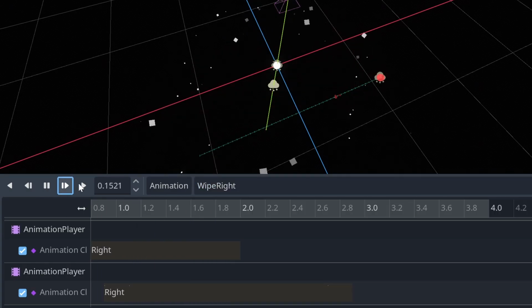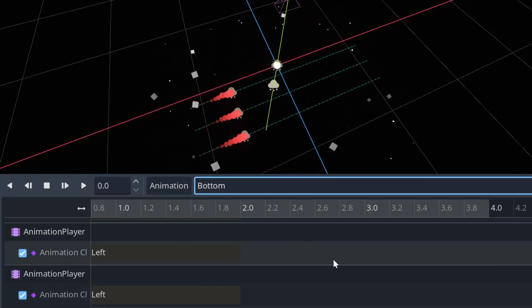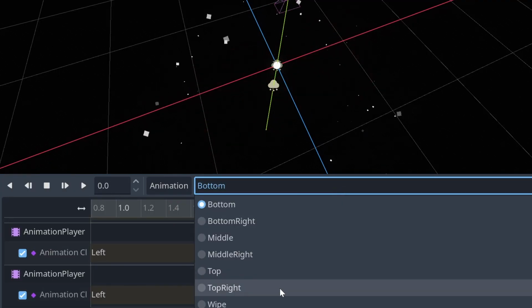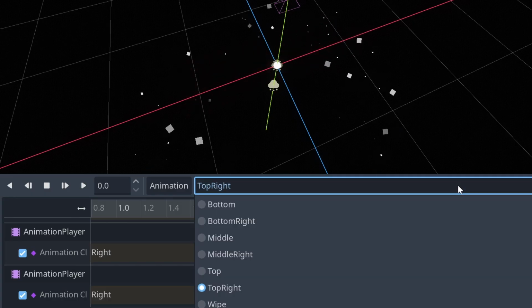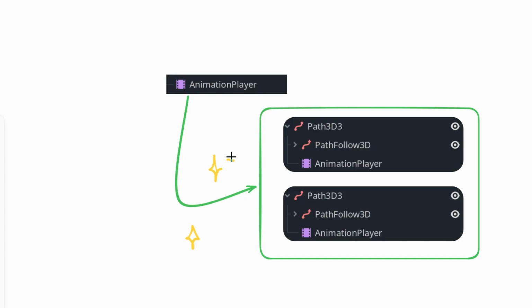For example, doing a wipe from top to bottom where they all start a few seconds after each other, making all the ones at the top move, making all the ones at the bottom move, making them go in the opposite direction. Anything like that. We can just come up with all of our different patterns in here. And now we have this thing that can trigger these attack patterns, but that's not enough for a game, that's